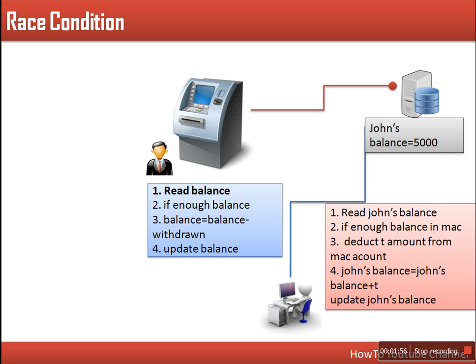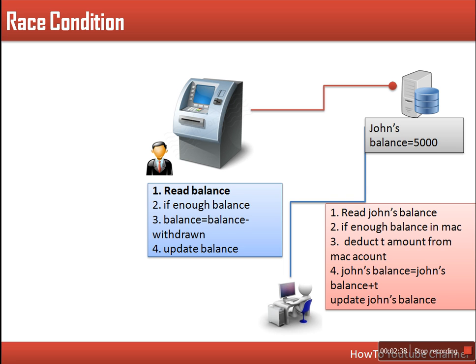If we look at the code of the transferring process, how will it work? For the person who is transferring, first the current amount of that person will be checked. If he has a sufficient amount for whatever he is transferring, that amount will be deducted from his account and deposited in the balance of the person to whom Mac is transferring funds. So Mac is transferring this amount to John. This is the code. When Mac transfers the amount, this code will be executed. So let's see how it works.